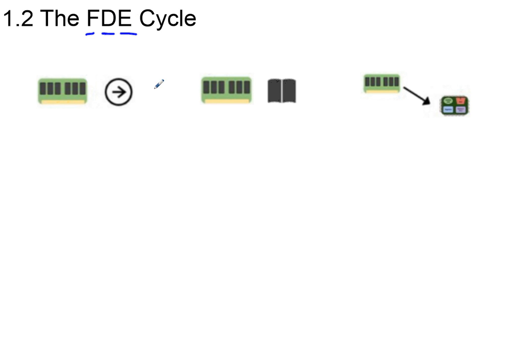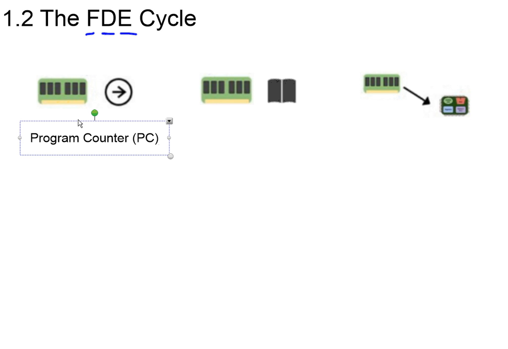There are three registers that are very important in the FDE cycle. So you might want to draw these icons out. First register is the program counter. And the program counter's definition is that it keeps track of the memory address of which instruction is to be